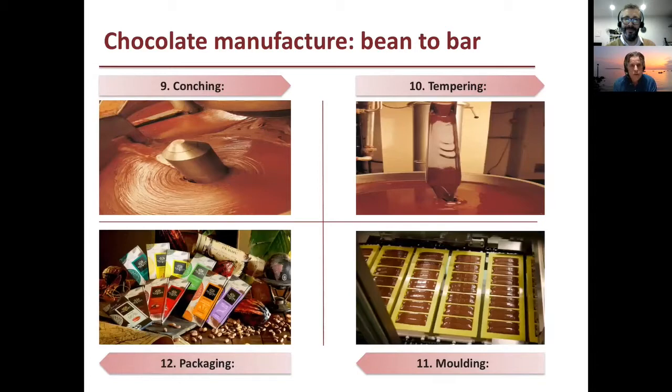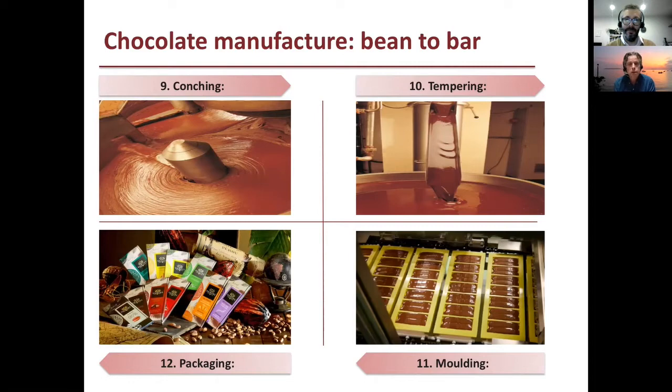So we put together our chocolate recipe, cocoa liquor, cocoa butter, maybe a bit of cocoa powder, some sugar. If we're making a dairy product, we're making milk chocolate, now's the time to add the milk powder. And we put it into something called a conch, which is a big metal tank with a stirrer. We keep the chocolate warm, so it's liquid, and we stir it. And all sorts of things happen there.